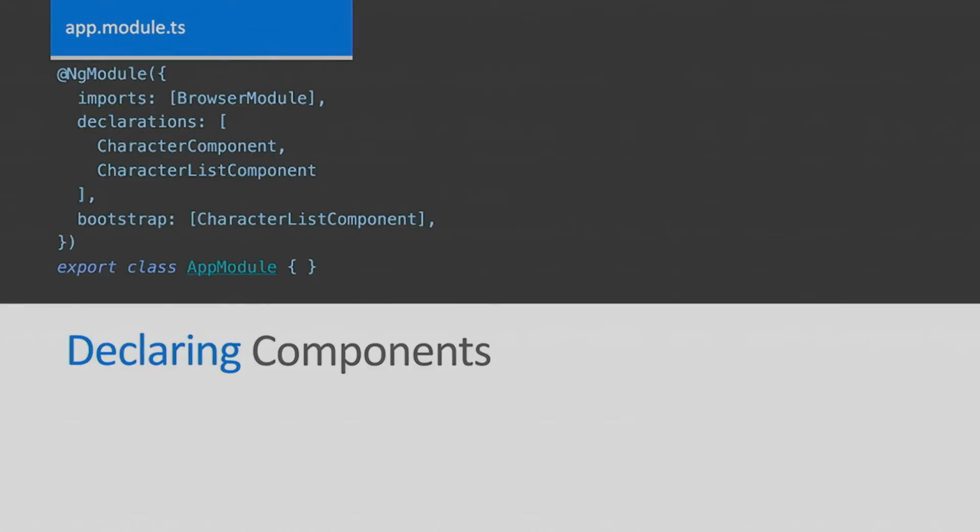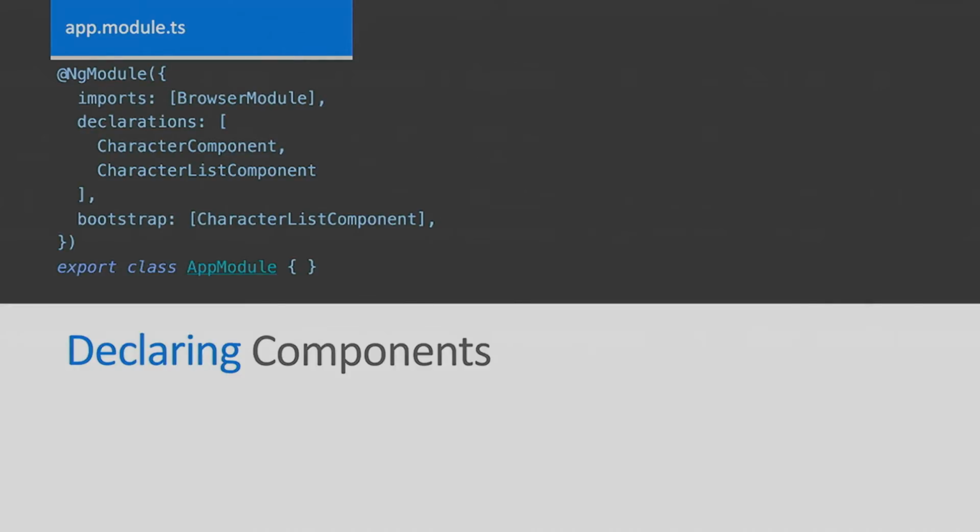Now, whenever we create a component, we have to tell Angular it exists. What do you think would happen if we create a component called John, and the selector for HTML was John? What do you think your browser would do if it saw an element called John? Nothing. It looks at it and goes, I don't know what that is. It doesn't even error. It just says, boop, moving along.